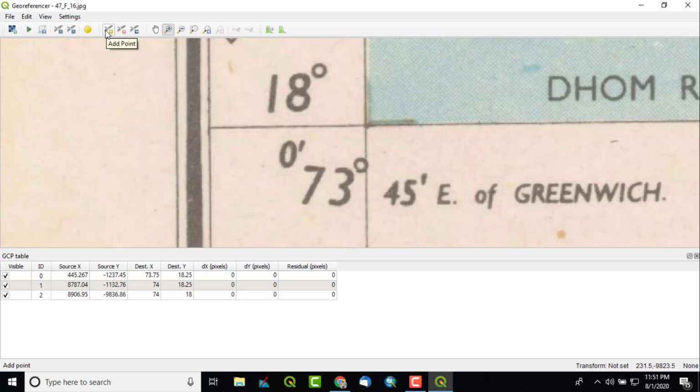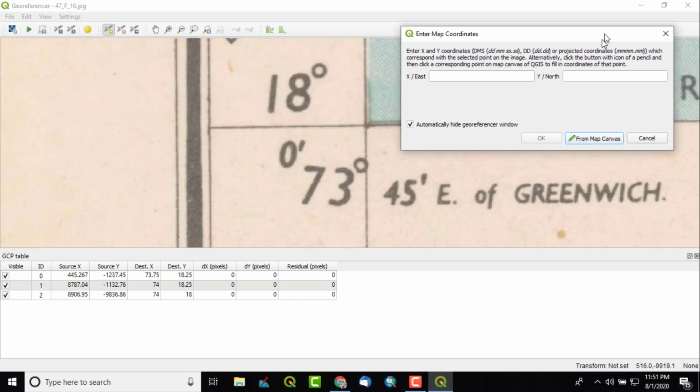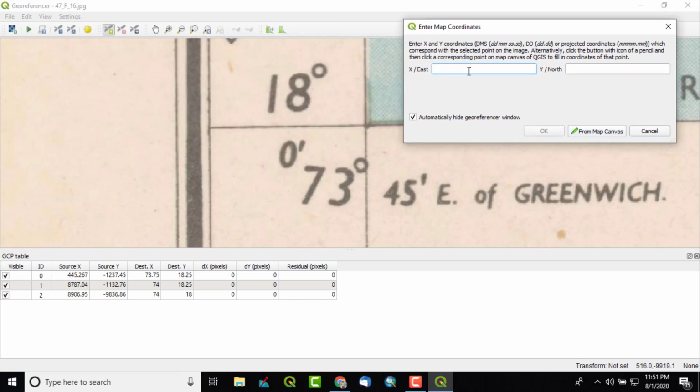Again take this add point option and simply click the exact intersection of these lines of latitude and longitude. So x is longitude, 73.75. I already said it.